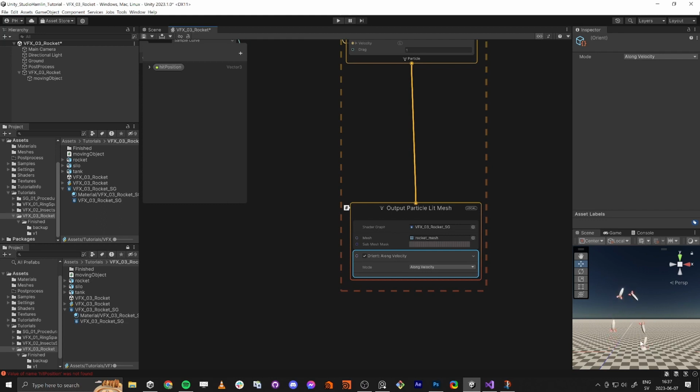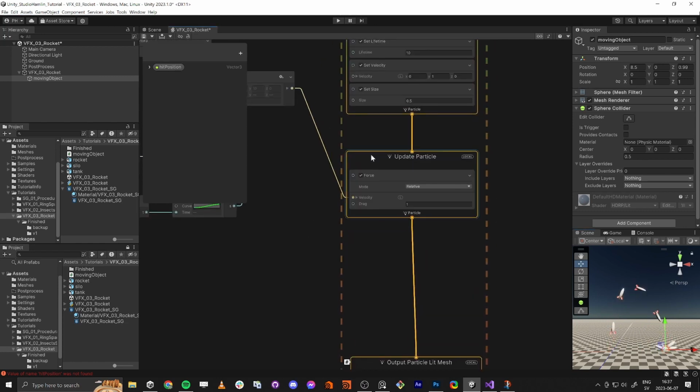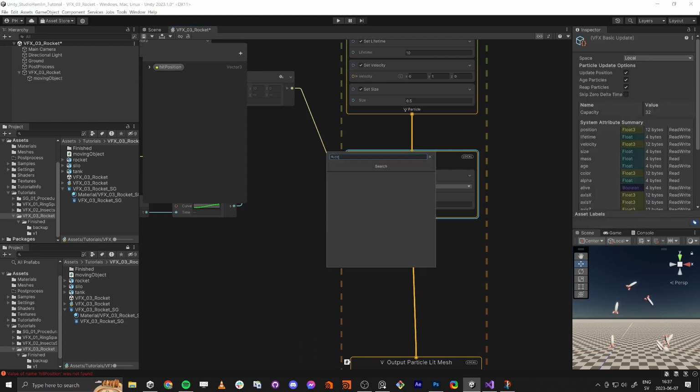So that's cool. And if we take this object and move it around, you see it following. So that's super cool. And all right, so when this particle, well, this rocket hits the ground, we're gonna kill it, and we can do that in the update particle section. So first off, we do a collide with plane,